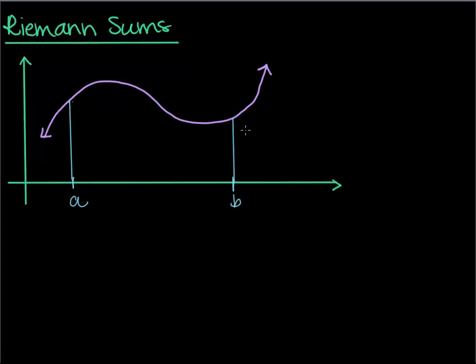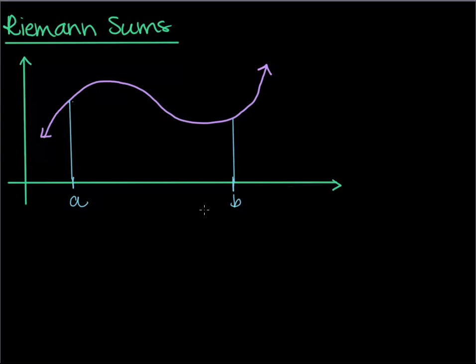Well, the way this all started, the way they even found out that the definite integral was the area underneath the graph, is they looked at this idea of approximating the area under a graph using shapes that we know the area of. So like that triangle, I know the area of a triangle. I know the area of a trapezoid. I know the area of a rectangle. And so what we're going to use, Riemann sums, and I know you've read through this, but I'm just going to talk about this kind of in plain English here, is what we're going to do is